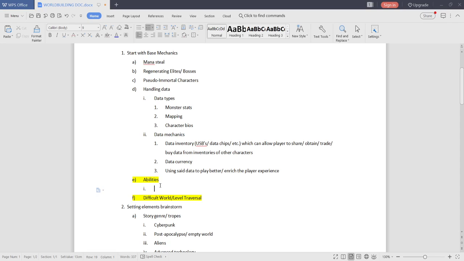But all I did was make 12 abilities and then four element tags attached to them. So if you see what I'm getting at, I'm getting a lot of mileage out of less content by making it all modular. So let's put that in. There are aspects to abilities: the effect of the ability, and then the element attached to the ability.